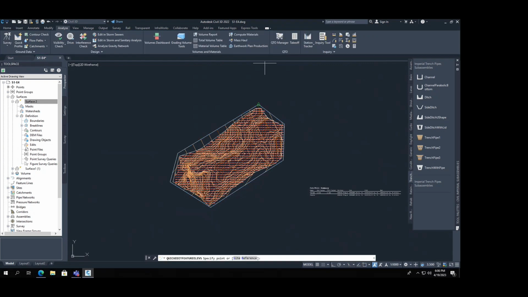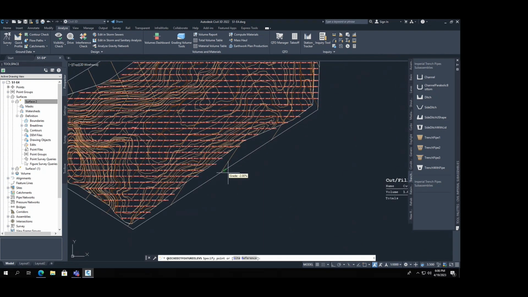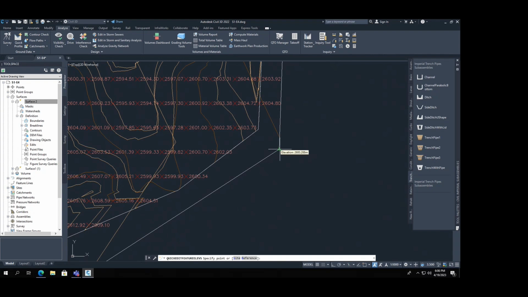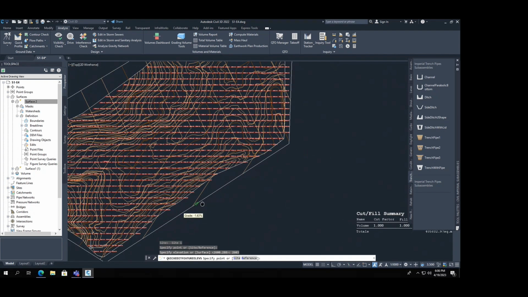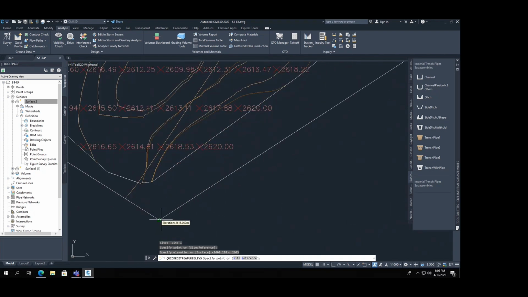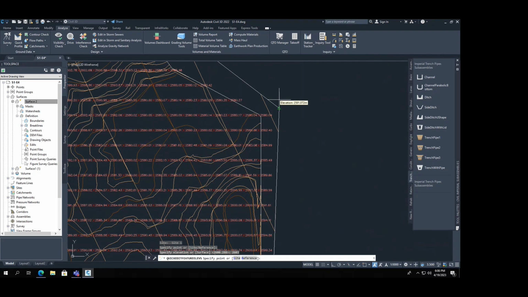So now you need to change the elevation. The elevation here is 2615, and the slope is -2. And here we have 26. We can change it to 2603. Check the elevation. The slope is okay. And here